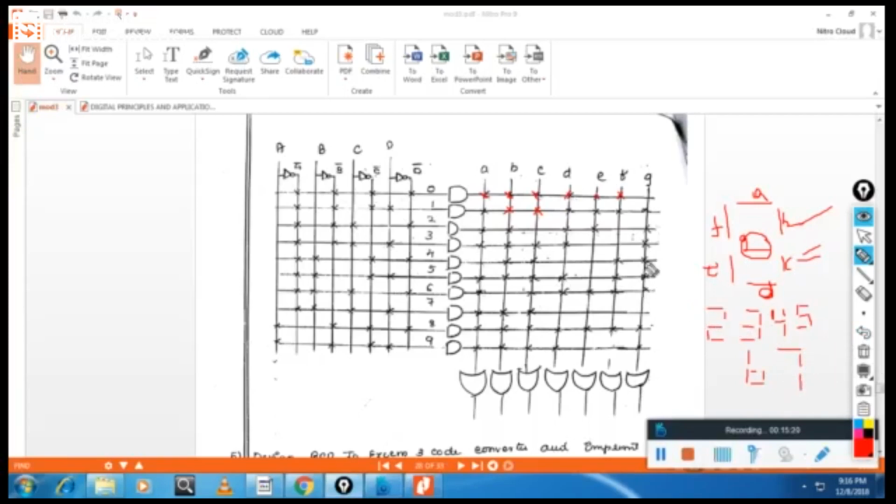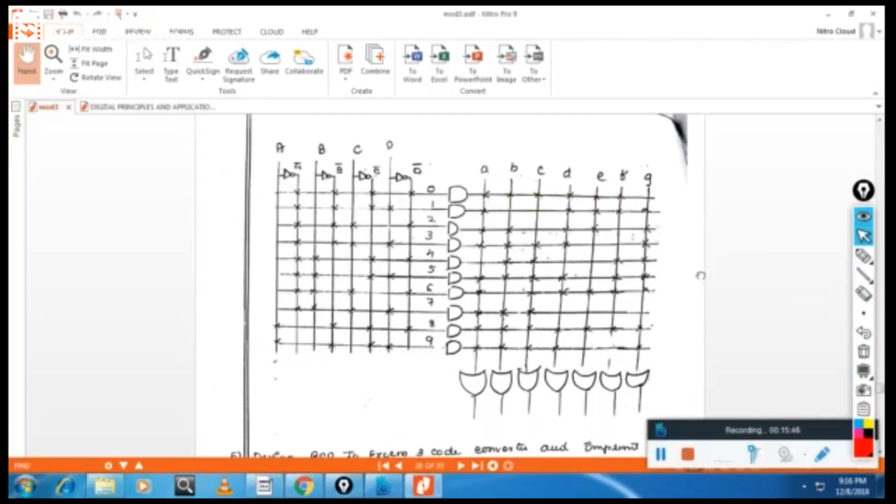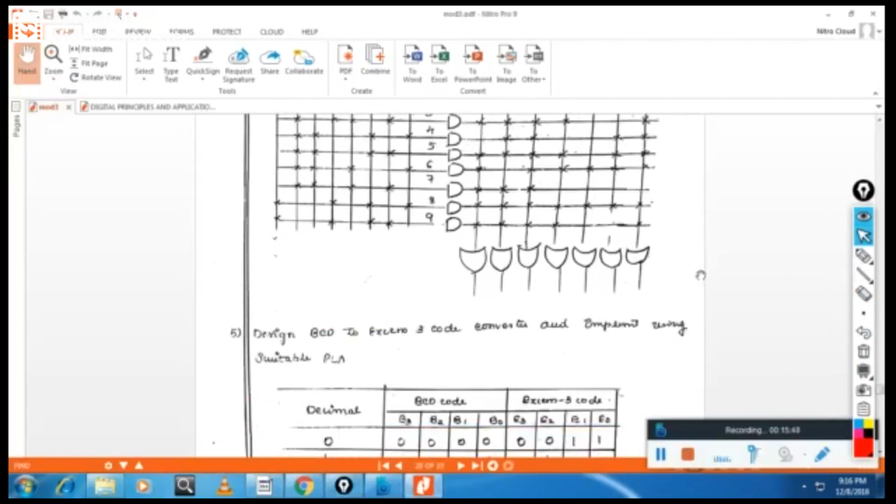So based on that, you have to light all these. Then finally you convert this into a K-map. So you convert this into K-map representation.